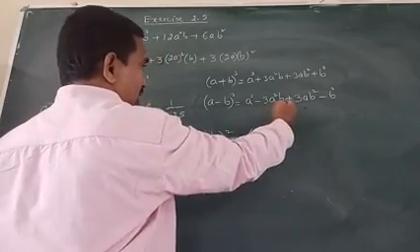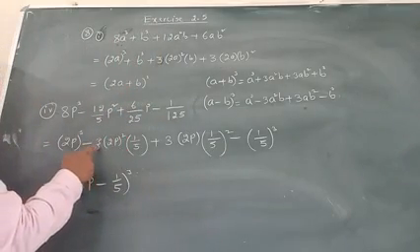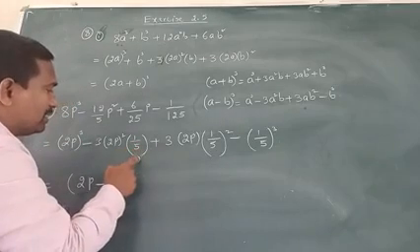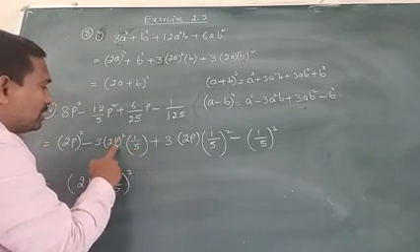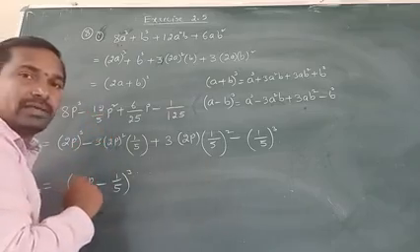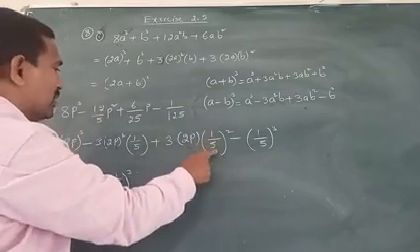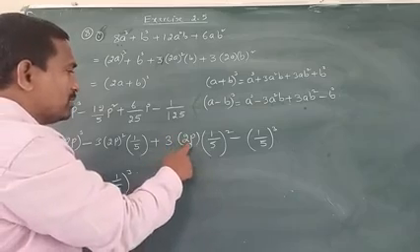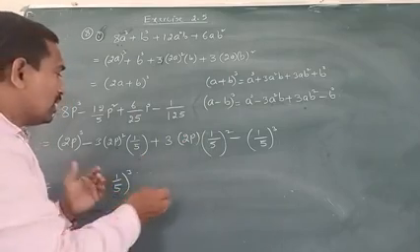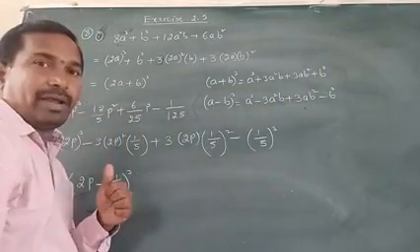What are the terms? Minus 3a square b plus 3ab square. So let us write minus 3a square b: minus 3 into a square. What is a? 2b whole square, b is 1 by 5. So 2b whole square is 4b square. 4 into 3, 12b square by 5. Next 3ab square: 3 into a, 2b, b square, 1 by 5 whole square. 3 times 2 is 6b into 1 by 25, 6b by 25. Okay, so now it is in the form a cube minus 3a square b plus 3ab square minus b cube.